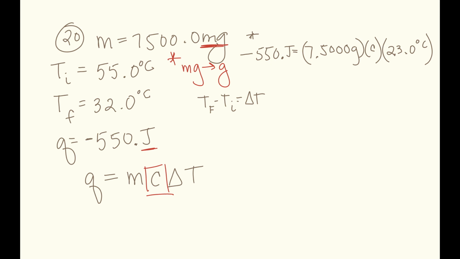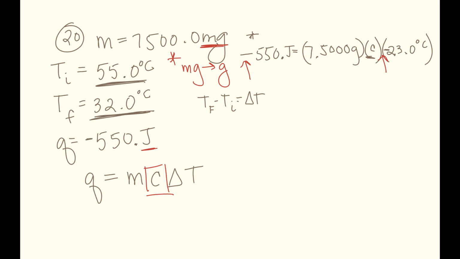So if I multiply, oh, but there is one thing that I'm missing here, and I just did wrong. My final temperature is 32, my initial is 55. 32 minus 55 should give a negative value. So you'll see with both of these being negatives, the change in temperature and the heat given off, then you will get a positive value for C, which is perfect. It's what you want. So if I calculate all this out,